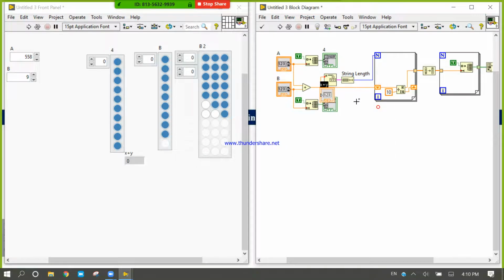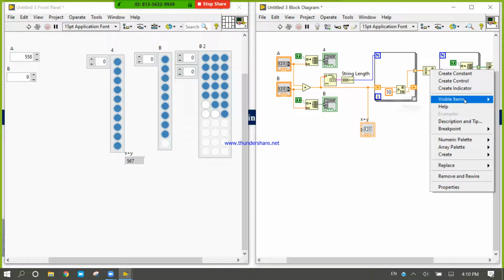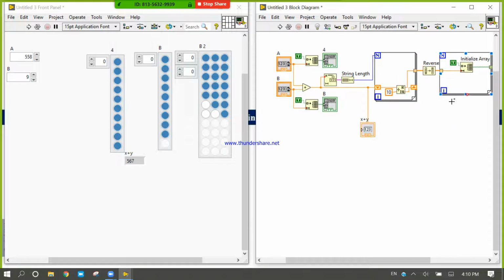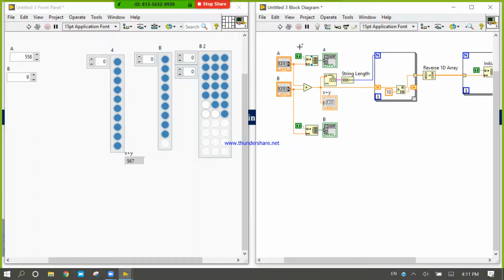Look at the indicators. 555 plus 9 is 567. So this one is 0, 1, 2, 3, 4, 5, this one is 6, this one is 7. Yes, I will label everything.